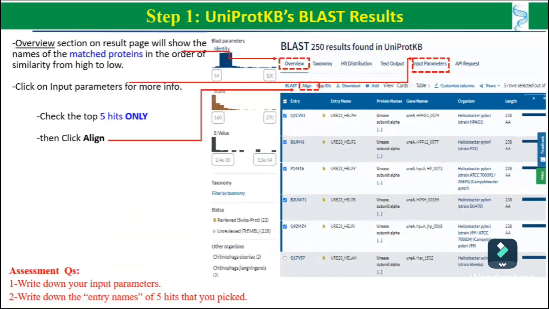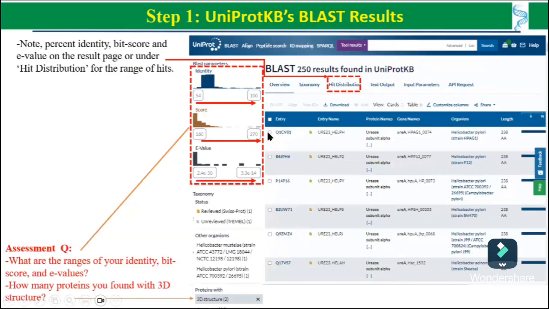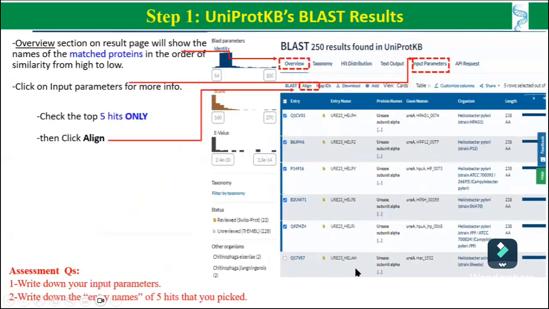Now, the next step. We have not started MSA yet, multiple sequence alignment, and for that you need at least 3 sequences. Remember I mentioned in the beginning. And how would you get those sequences? What was shown on the last page, right? Here you see these check boxes. Click on at least 5 check boxes: 1, 2, 3, 4, 5. Don't do more than 5, otherwise you will get very complicated results. So I check those 5 hits. This means I want to compare the sequences of these 5 proteins. And once I click these ones,